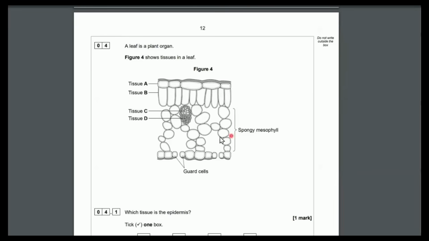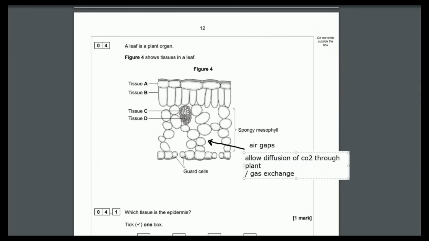Explain how the spongy mesophyll is adapted. So look at this layer in the middle here. This is called the spongy mesophyll. You should notice where this black arrow is pointing, we've got big air gaps, okay? We've got large air gaps. And what do these large air gaps do? Well, they allow a certain gas in and a certain gas out, and they allow for rapid diffusion of gases